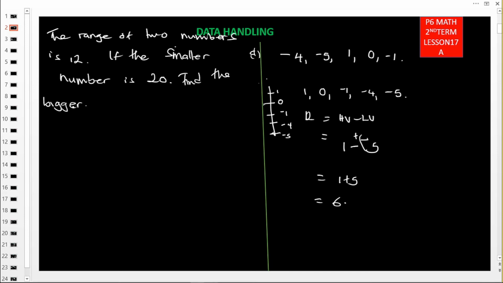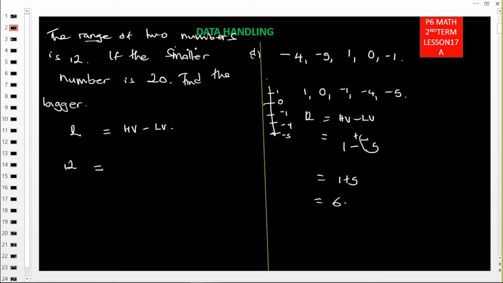So what is given? They have given us the range. So the guiding word is range. How do we get the range? Highest value minus the lowest value. So what is the range? They're telling us that the range of two numbers is 12. So the range is 12, equal to the highest number